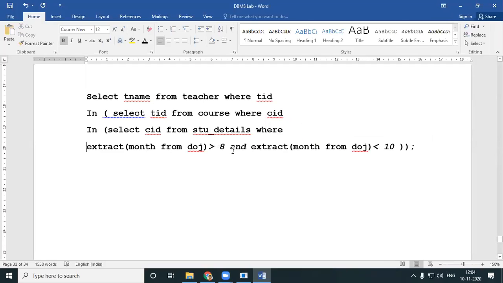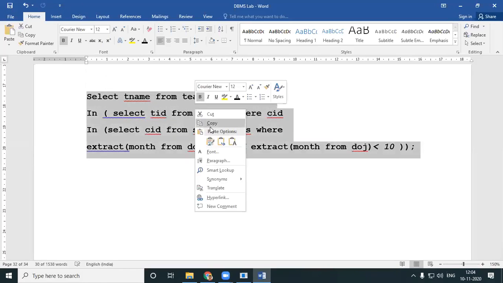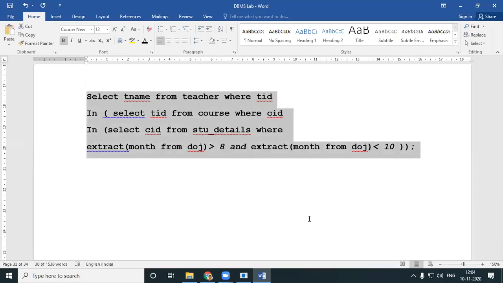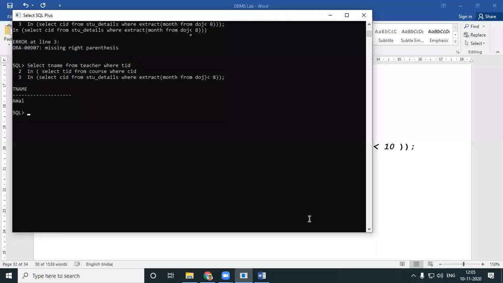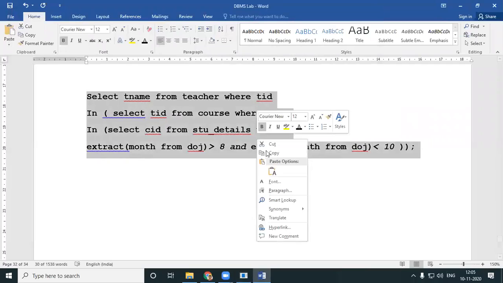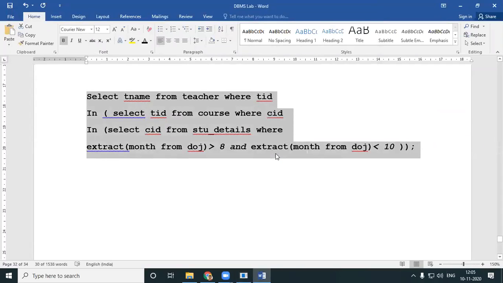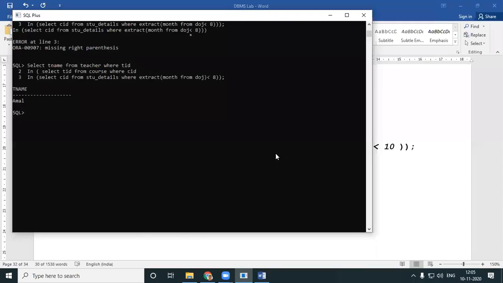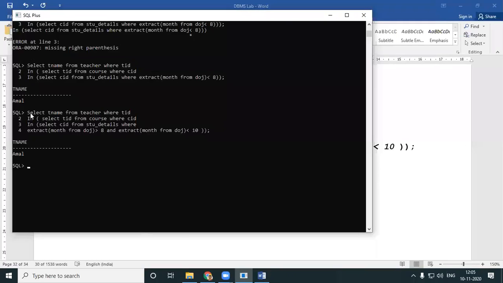It should be greater than 8 and less than 10. I'll just copy my query and then put an equal to there, greater than or equal to. Equal to depends upon how you think of the query. Greater than 8, less than 10.